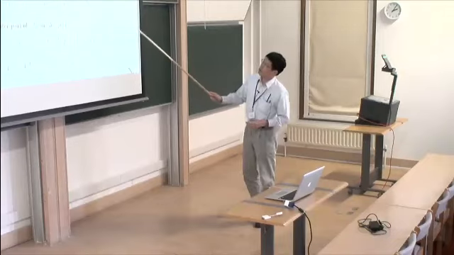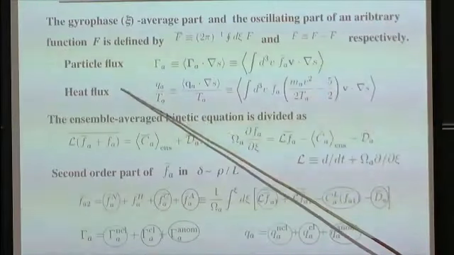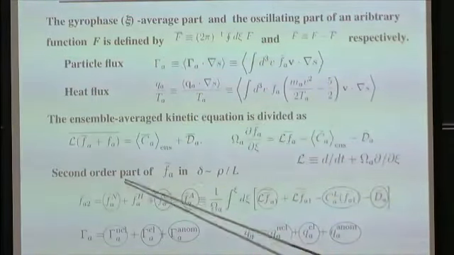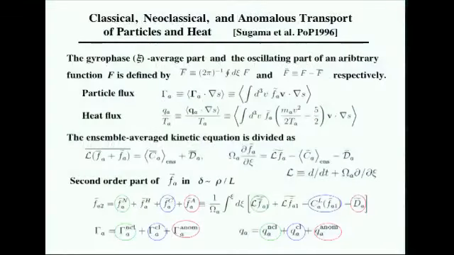And then these particle and heat fluxes are non-vanishing only from second order. And then solving this, we can separate the second order distribution function dependent on gyro phase into this part,